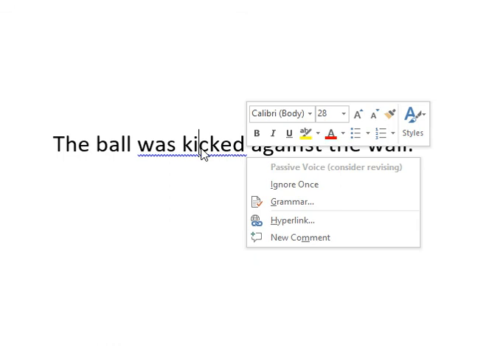Who has ever written an essay and been infuriated when this squiggly blue line appears? You right click, and what does it tell you? It's passive voice. Quick question though, how many of you know what passive voice is? What do you do when that blue squiggly line appears? Do you delete it? Do you press ignore? Or do you actually notice that you need to put it into active voice?